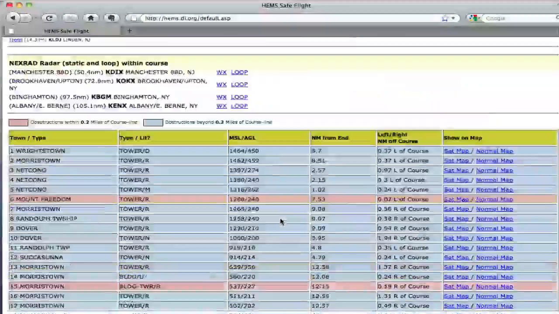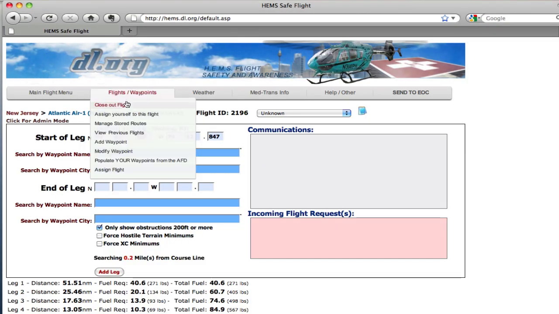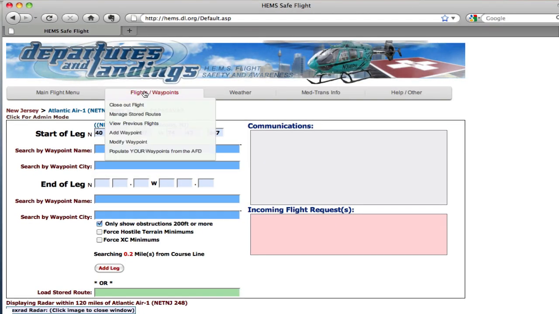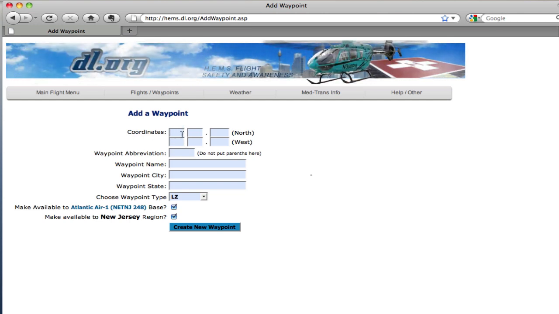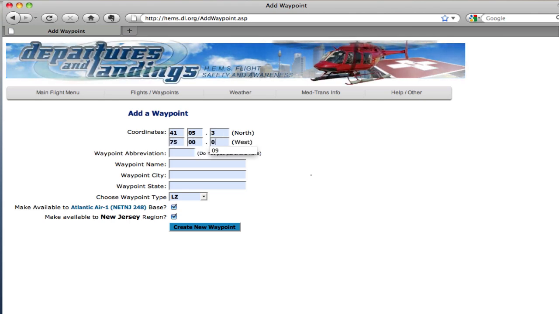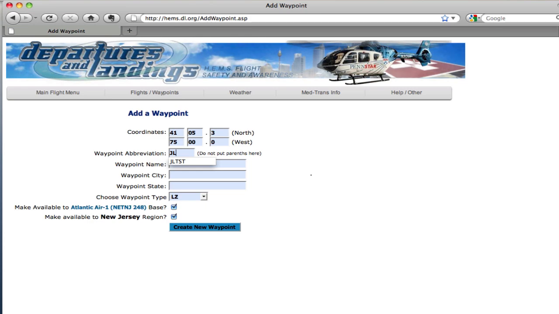It was that easy. Now we're going to go to add waypoint. Just as we showed before, you can actually just manually add a waypoint if you'd like. You can do 4105.37500.0. We'll call this